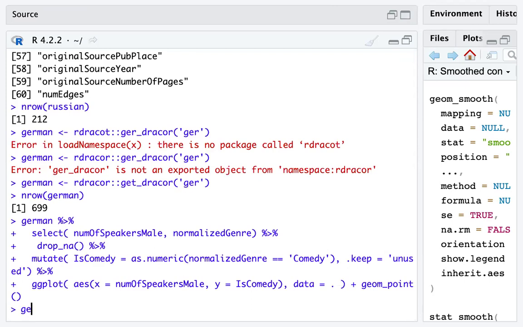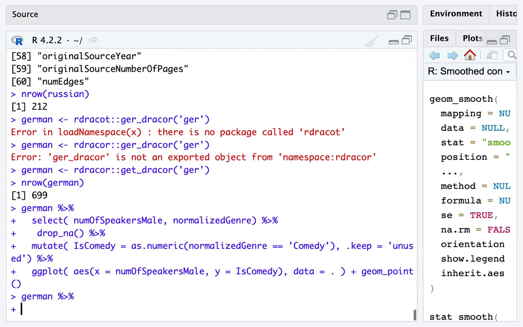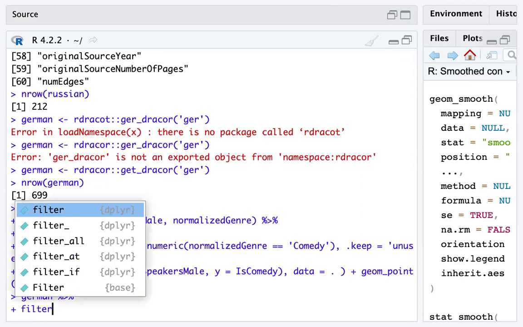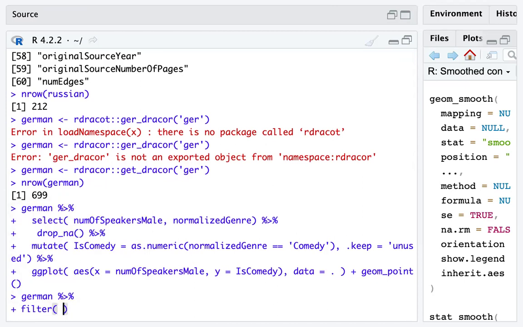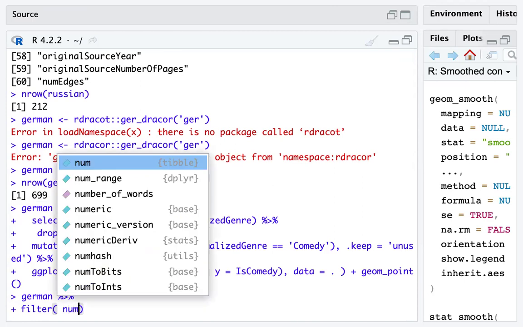So German, let me filter it using the number of speakers